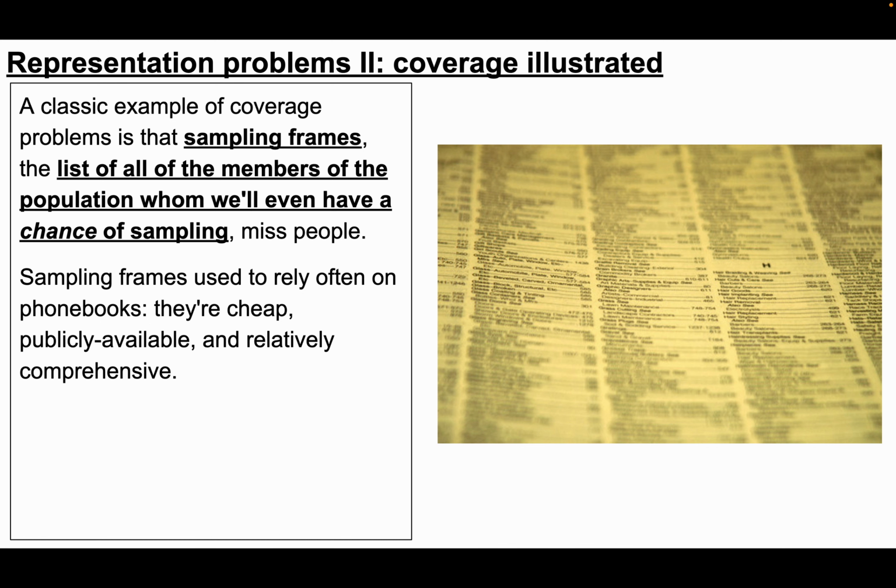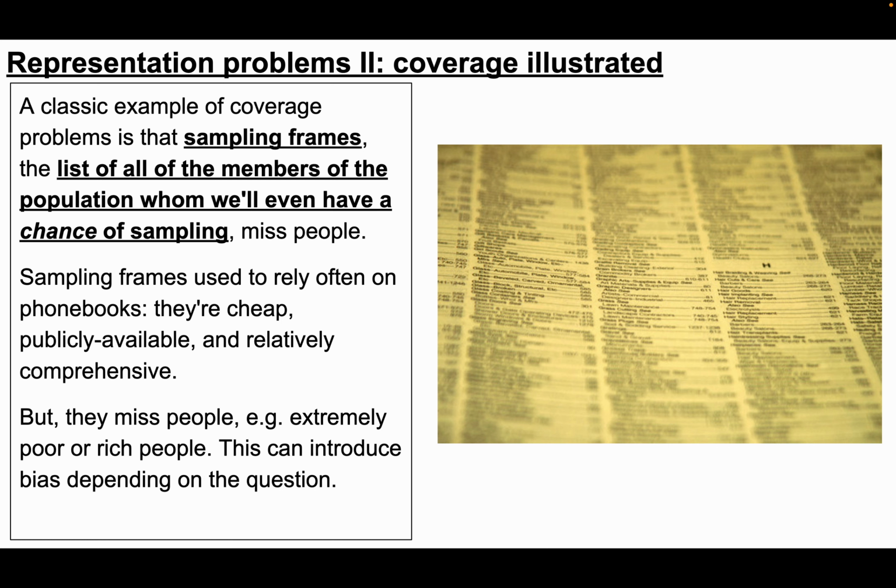So literally people would just get a list of all the individuals that live in a particular area and then dial those people up. This is kind of problematic though, because it can miss people. So it can miss extremely poor or rich people. And depending on the question you ask, that might bias things or it may not bias things that much. It depends on whether, say, if we're thinking about income, maybe those poor and rich people balance each other out. But maybe for certain other things,